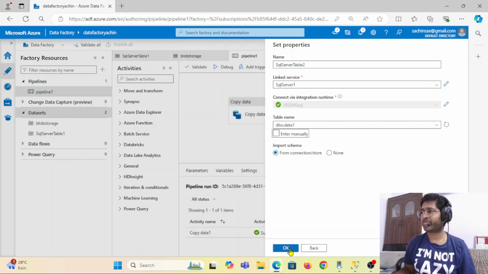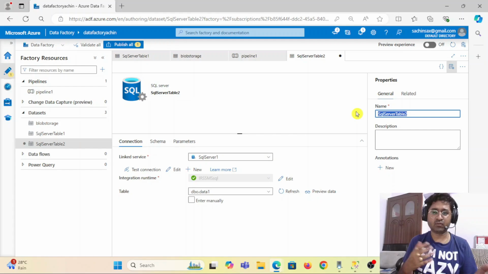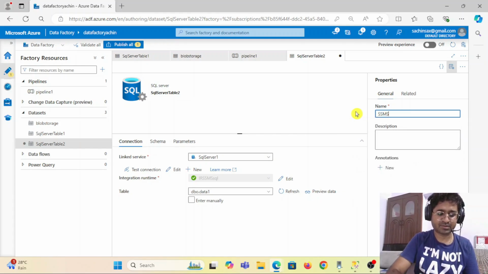Click OK. I'm going to select this server name, click OK. So you will find this is establishing a connection for the new data sets, right? So this is the SQL Server data set. I'm going to rename this part. This is the SSMS